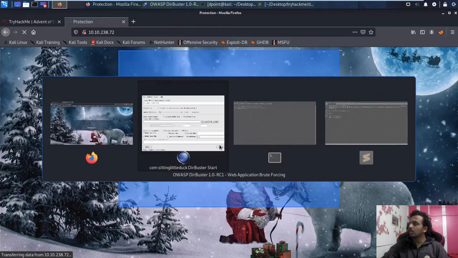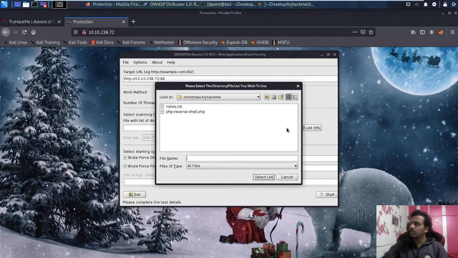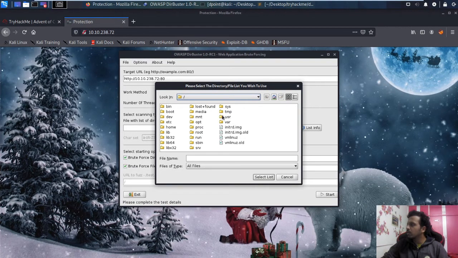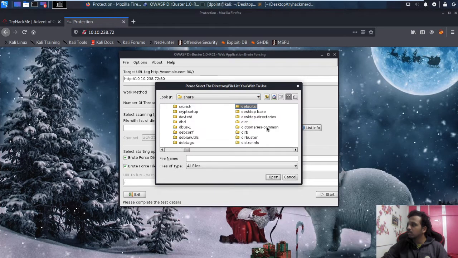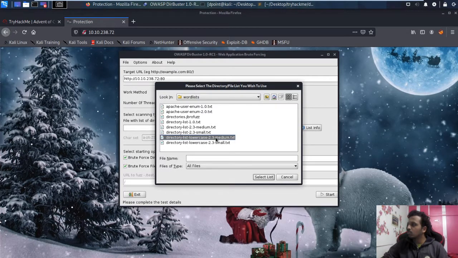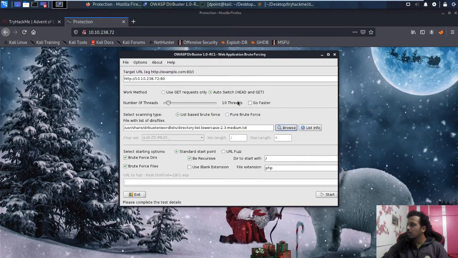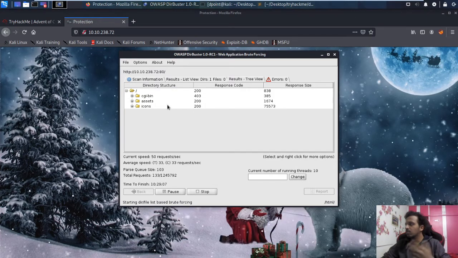Okay, something is running here. So let's continue with port 80, and the wordlist that I'm going to give is the normal medium one. Let's go to the home directory, usr, share, and in there Gobuster, then wordlists, and the medium list. Select the list, and I don't need GET, HEAD is fine. So let's do this and just focus on the result tree, so we are going to get what all things are present here.